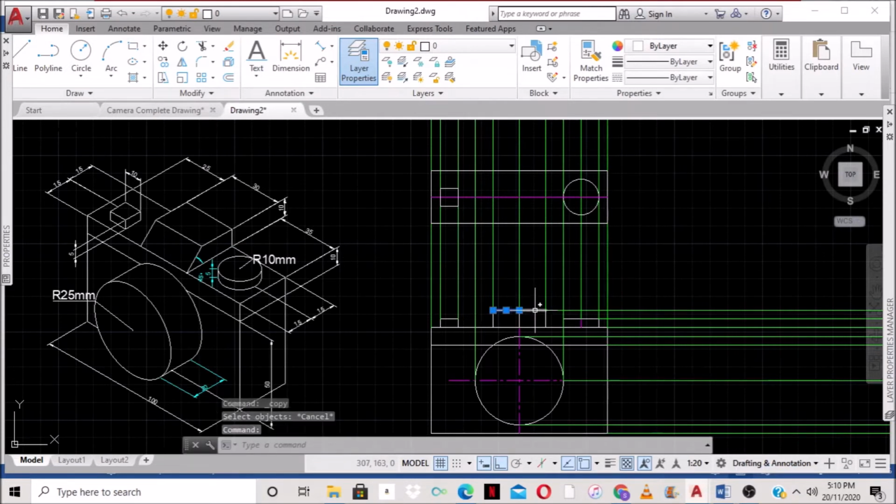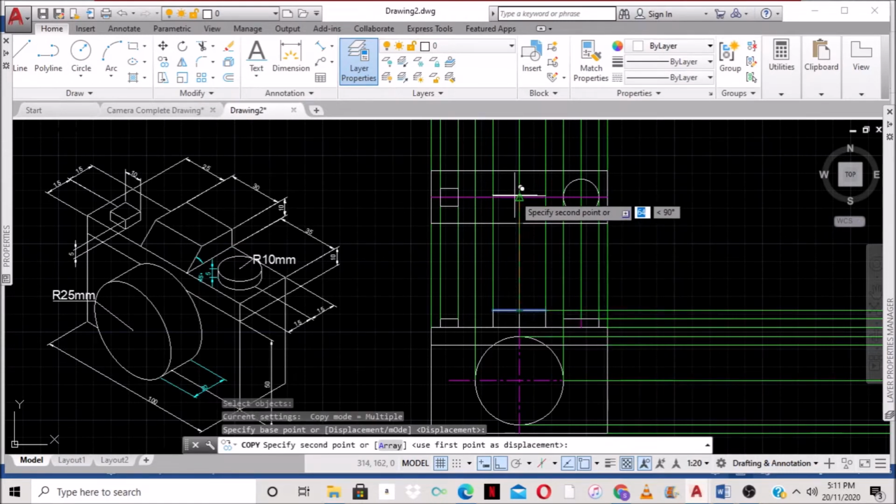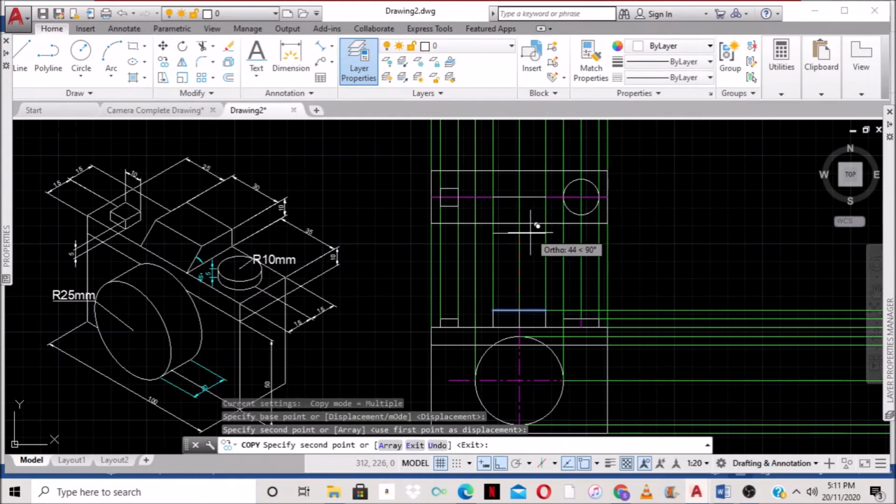So I'm going to select both lines, then I type J, enter, and I'm going to go to the copy command in the modify, select copy. I select this line, I press enter, and I go where I want to move it from. I'm going to move it to the center, right? And then I press escape, right? So from the center now,